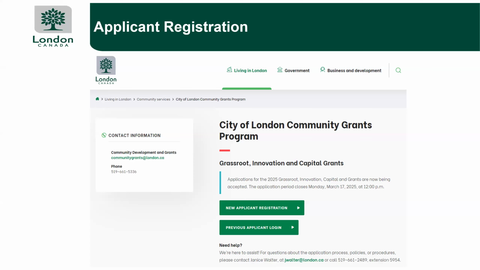It will take you to the portal that your organization would already be used to using. If you are someone that's not sure if your organization has applied before, then you can always send us a quick email and we can let you know if you've applied, if a profile has already been set up, and who the primary contact on that profile is.